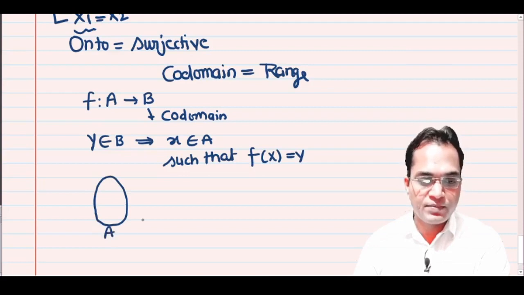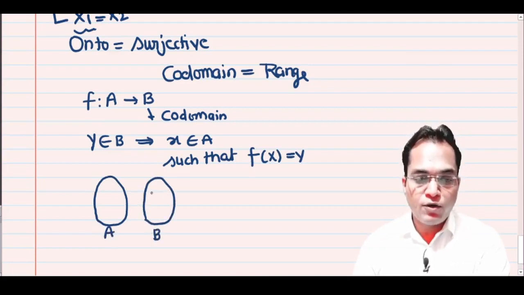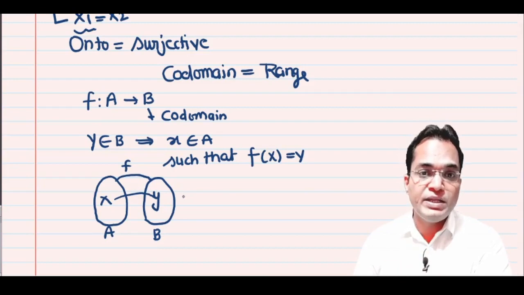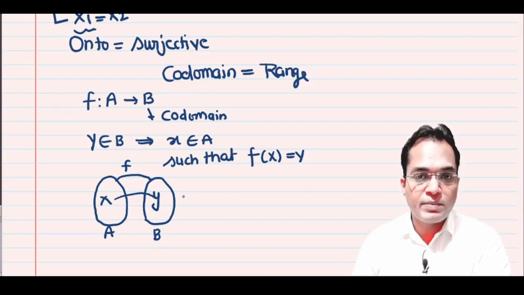Set A, it is the set B, and what is the statement? For all y belongs to B, there is x belongs to A such that the function is f. And this way we can prove that in set B there is no empty element, meaning no such element which doesn't have any pre-image. और ऐसा करने पर हम लोगों ने ये प्रूव कर दिया ना कि जो कोडोमेन है वो रेंज के इक्वल हो गई है. यस और नो?